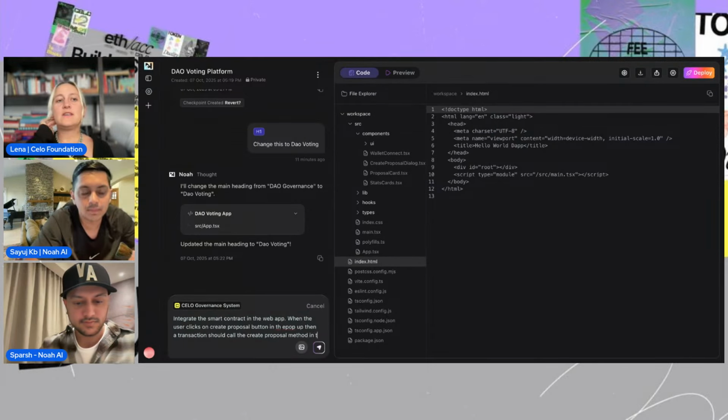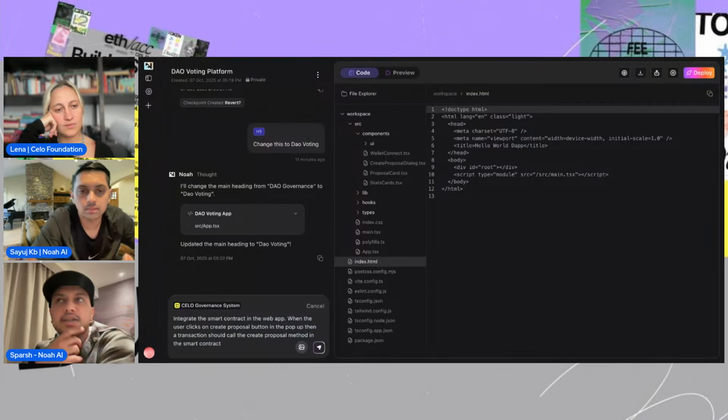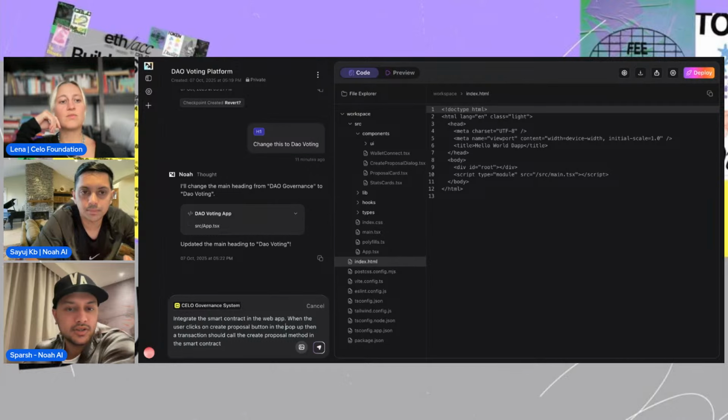So in the prompt, you still need to connect which button with what function. I would say this is easier because then you're linking each and every method to the button that you want, right? Otherwise, it could actually integrate by itself as well. But I would say 20 or 30% of the time, it might link something to something else that it might think would work better, right? I don't think it's able to figure out the UX part that well.